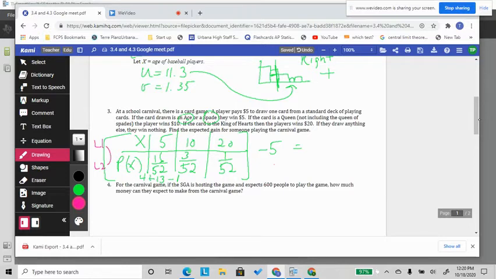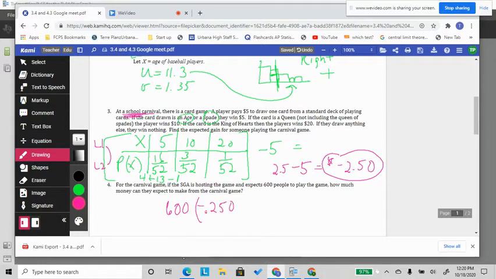When that happens, you get 2.5 minus the $5 you paid to play. So it is in favor of the house, negative $2.50. So that means every time somebody plays, the long-term average for the carnival, the school who's running the carnival, is going to make $2.50. Now, if they expect 600 people to play, next question, how much should they expect to